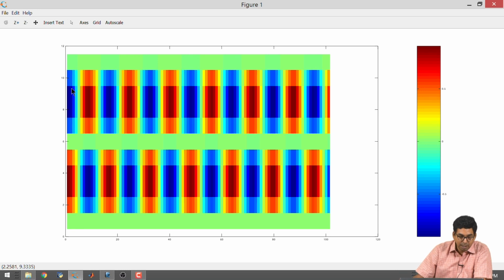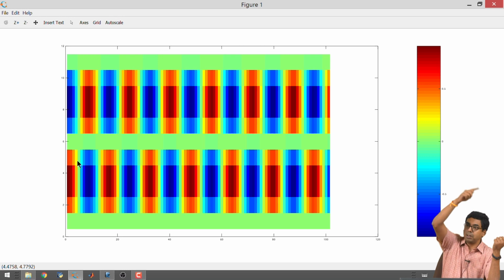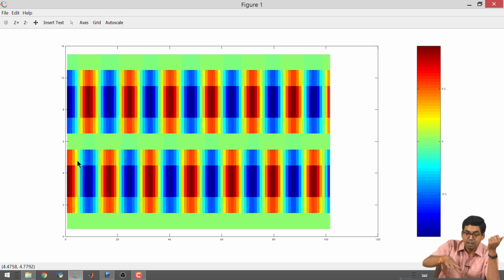So, it just tells you that your electric field is having 2 spots along this direction, but one spot is having 180 degrees phase shift with respect to the other spot. So, we have to now remember that when we were talking about this half cycles of sinusoids coming into the picture, we noticed that one spot was going into the positive direction and the other one was going in the negative direction. So, it is telling you that the relative phase shift between the 2 spots is 180 degrees, okay, but they are traveling with the same beta. Okay. So, wherever you have a red on the top, you will have a blue in the bottom and so on, all right. So, this is okay.